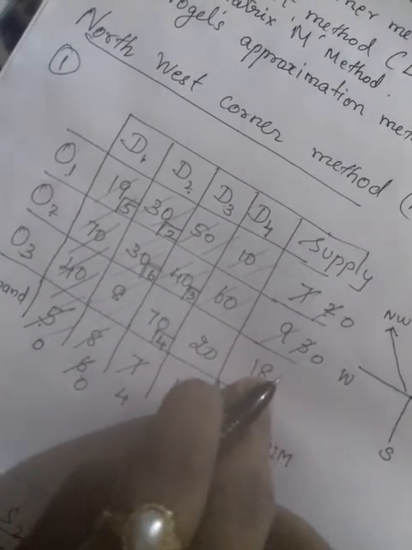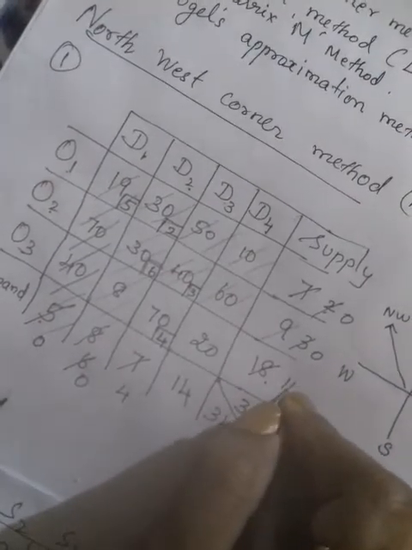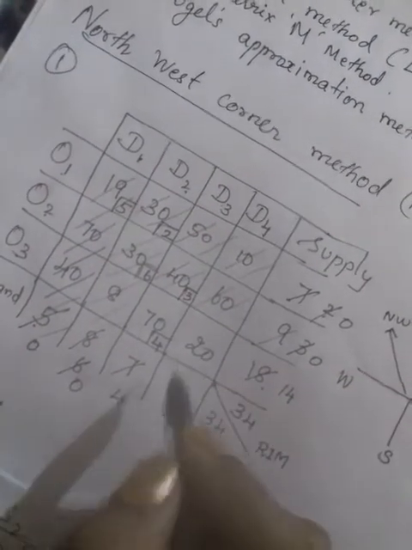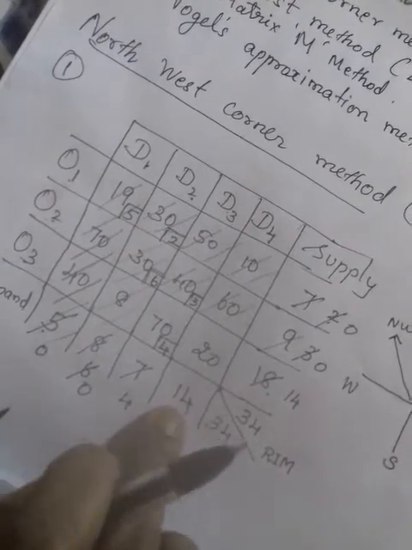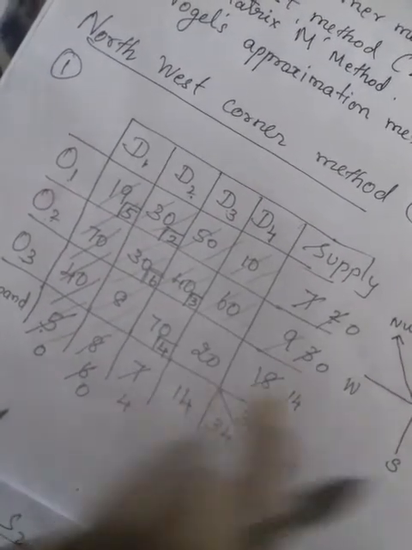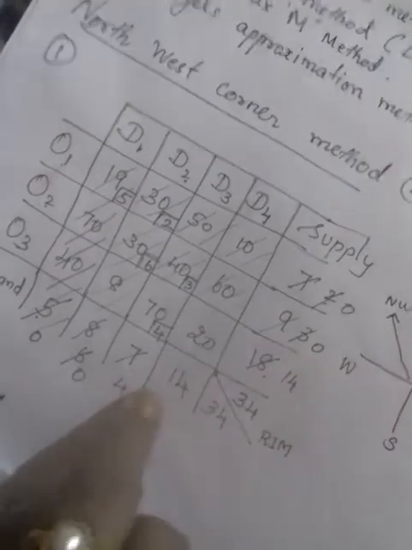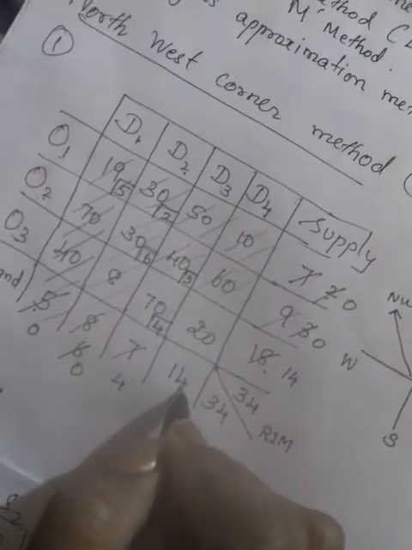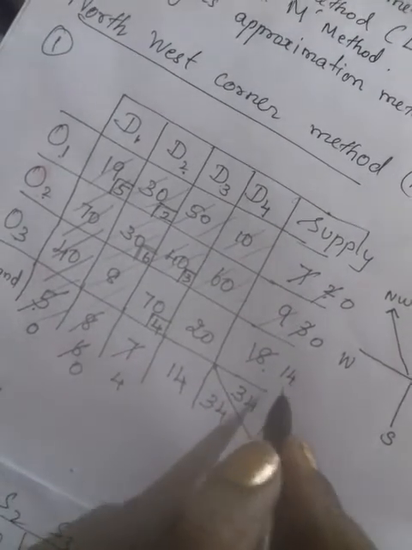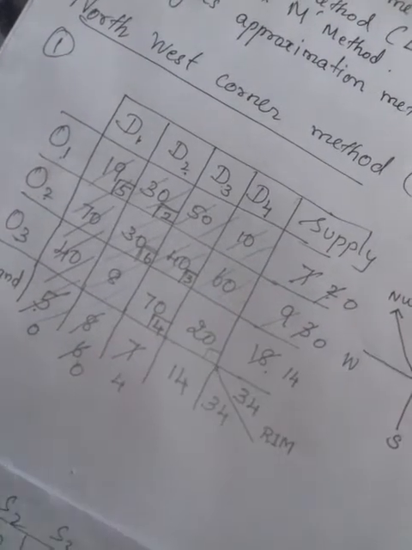You have in hand 18. Out of 18, 4 you sent, isn't it? So remaining is 14. Is it clear? Now you see which is the next leftover cell? This one, the last one. Here demand is 14 and you have the last cell you are allocating, it should be equal. If it is not equal, somewhere you made a mistake. That is a cross verification. Here 14 products they are asking, and you have in hand 14 products. The entire product you can allocate here. Is it clear? 14.